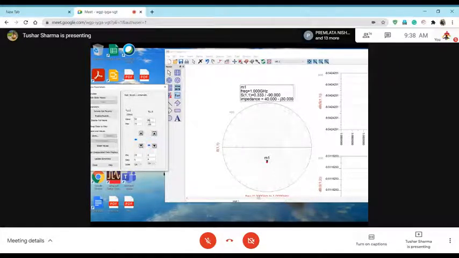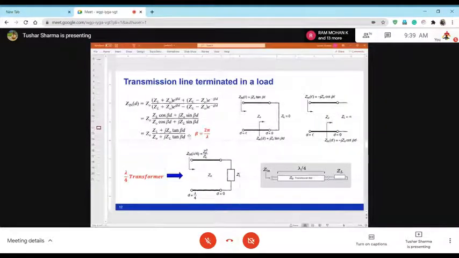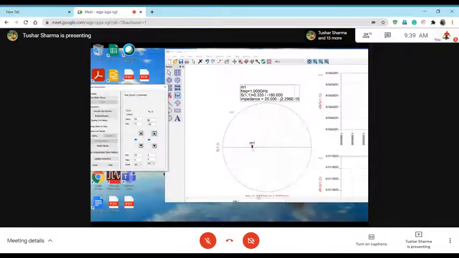And then you go to 90 degrees, then it becomes a transformer, which means in this equation, this beta D is 90 degrees, and this expression reduces to this expression. Z naught square over ZL: Z naught is 50, so 50 into 50 divided by ZL, which is 100, which becomes 25 ohms. So you see now impedance has become real.